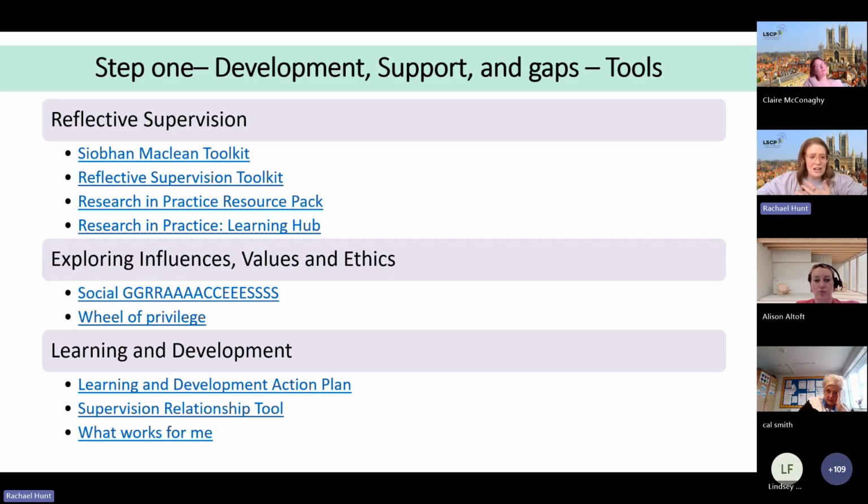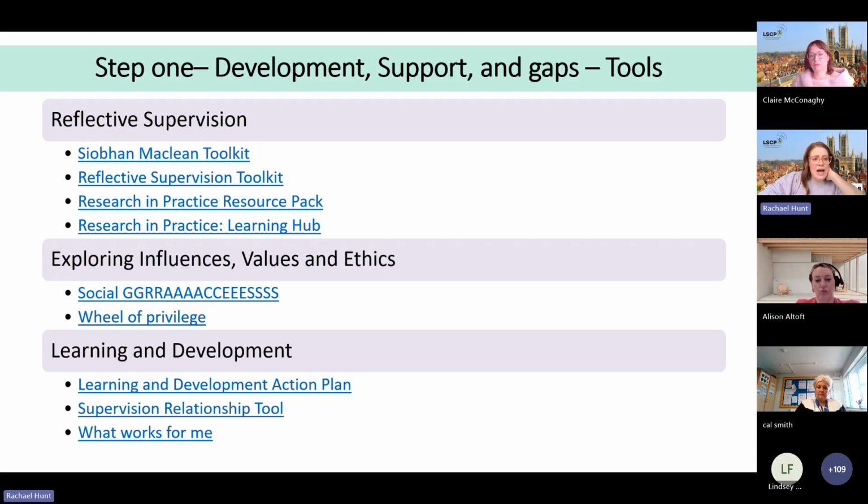Yeah, definitely challenges feelings. And then learning and development. So there's just some additional tools there to think about. Learning and development action plans. So whether you do those within your own services, I'm sure you'll all have directed learning, things that you have to do within your agency. But just to point out that there's some useful tools there that you might want to look at in supervision, or even think about for yourself if you've not had those learning and development structures.